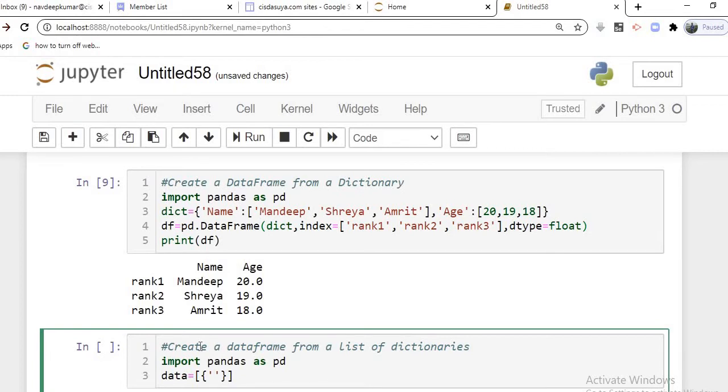Let's say the first value is X. This is a key, and its value is, let's say, 1. Second is Y. Let's say its corresponding value is 3. Then we have a second dictionary, where we again take a key X. Then we have another corresponding value, let's say 3. Then we have Y, its corresponding value is, let's say, 5.